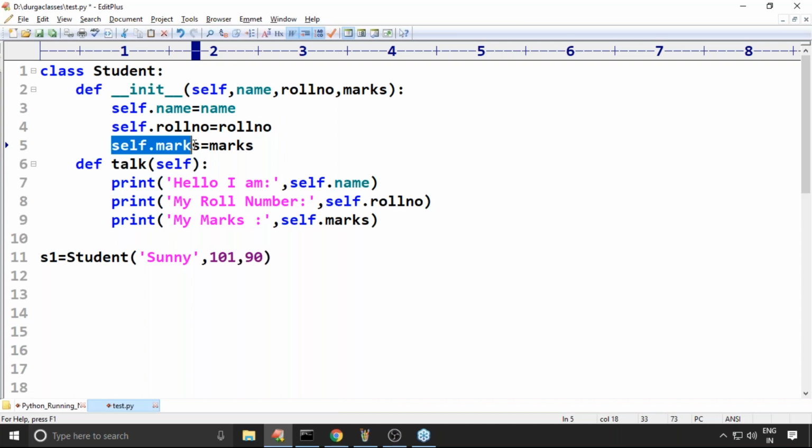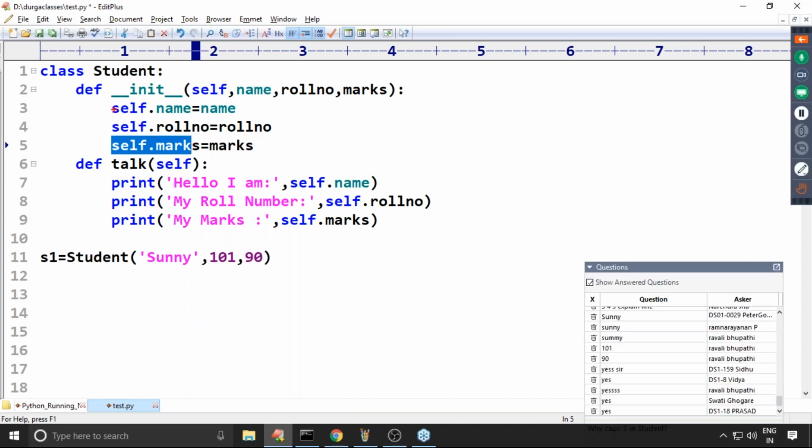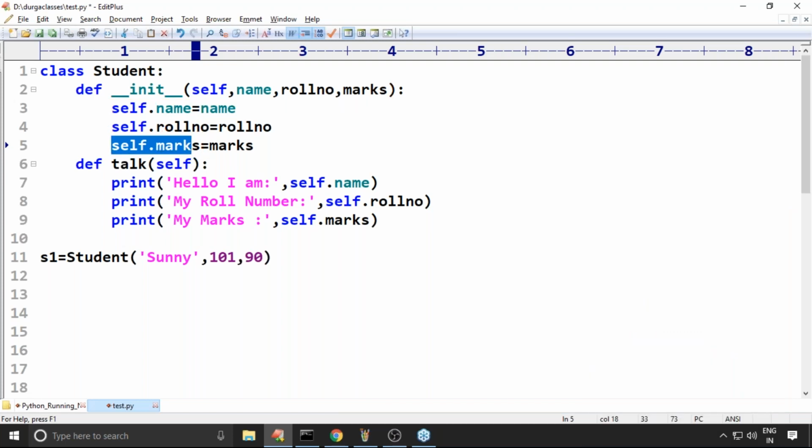Which data is the standard data for the object? These variables: self.name, self.roll_number, self.marks. Please make sure whatever variable name we declare using self is the name of the variable. Here, these are just normal variables to hold our values.